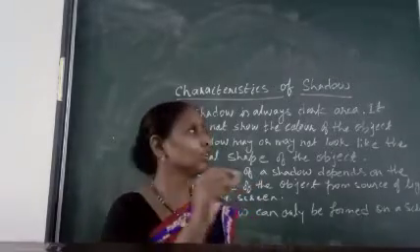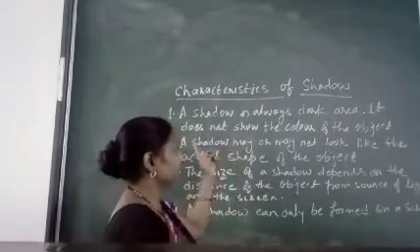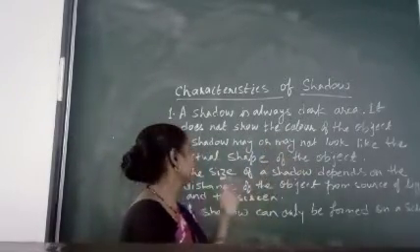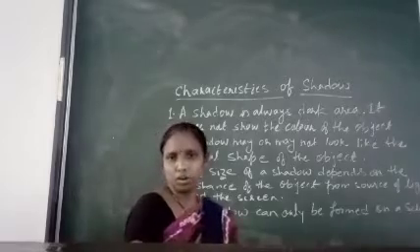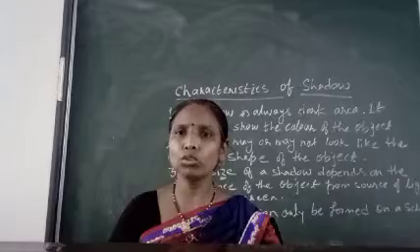So the shadow you will not always get the same. Maybe or may not be, that is the result written. A shadow may or may not look like the actual shape of the object. Sometimes the actual shape will be there and sometimes it will not be there. So you can check it.